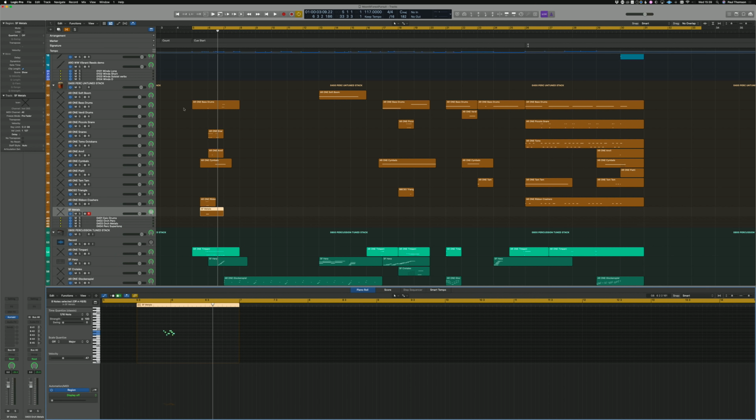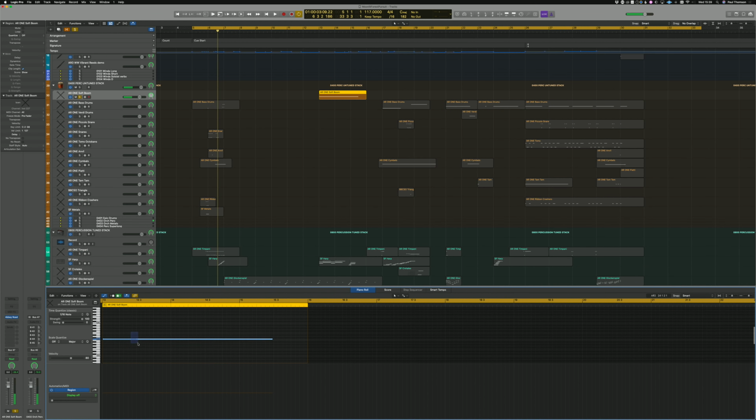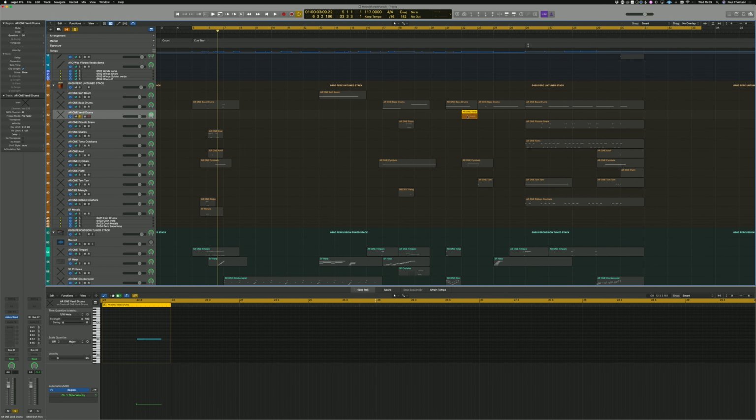Everything else is fairly straightforward. So we've got our bass drums, we've got the soft boom every so often. So I really like having these three alternatives in Abbey Road One for the bottom end. You've got the sound of the most traditional bass drum. You've got the sound of this fantastic super low soft boom that really fills up the bottom end. And then you've got these really lovely Verdi bass drum,